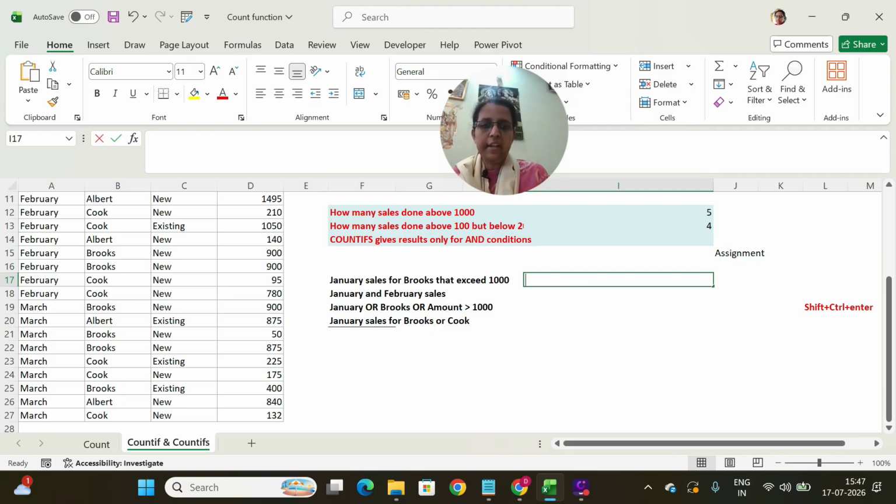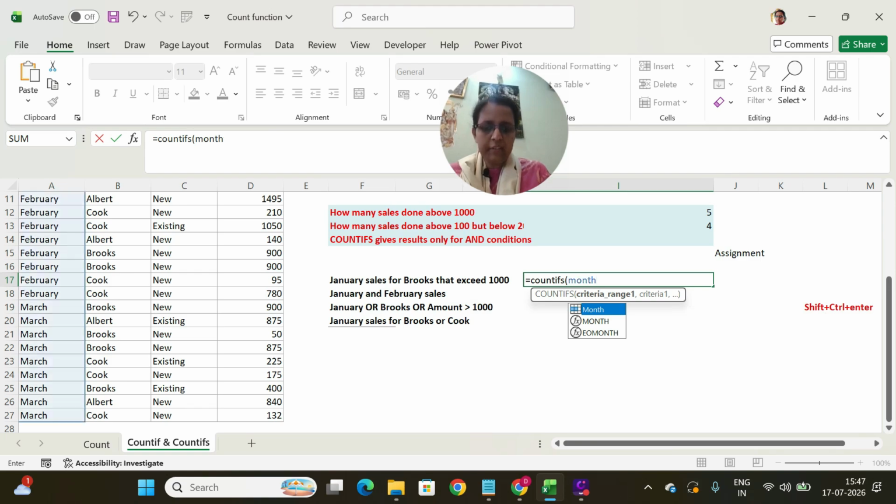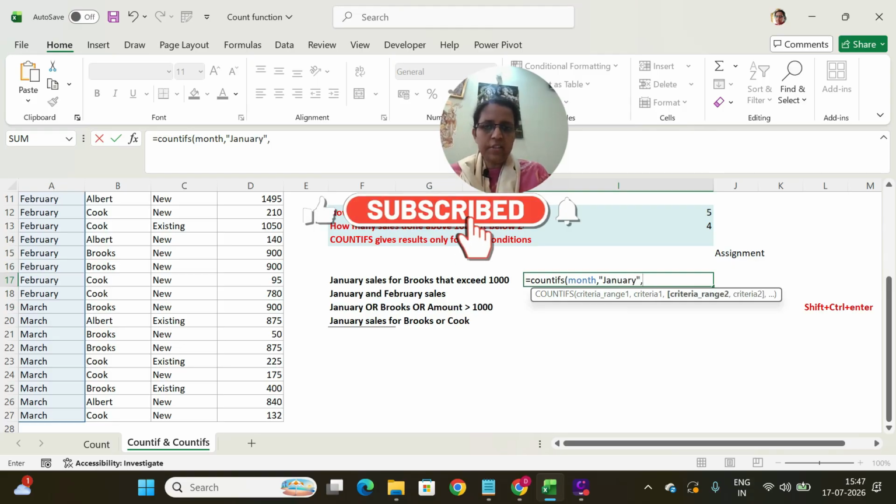Okay. So I will say equal to COUNTIFS, because multiple conditions are there. So COUNTIFS, criteria range will be on month and criteria will be, now on equality we will just give in quotation, and please note that textual values have to be exact match, spellings have to match, then only you will get the desired result. So month is January, then next one is